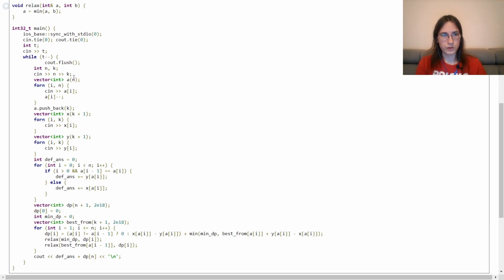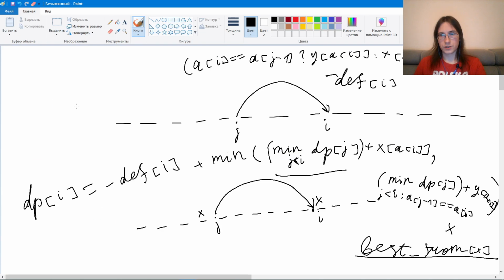Very short code. So read, transform every value, so it's from 0 to k minus 1. I add an auxiliary value of k to the very end, so that I don't have to consider a separate case when I make the last jump. It's not a separate case, because here I just put the value k, which is not equal to anything,